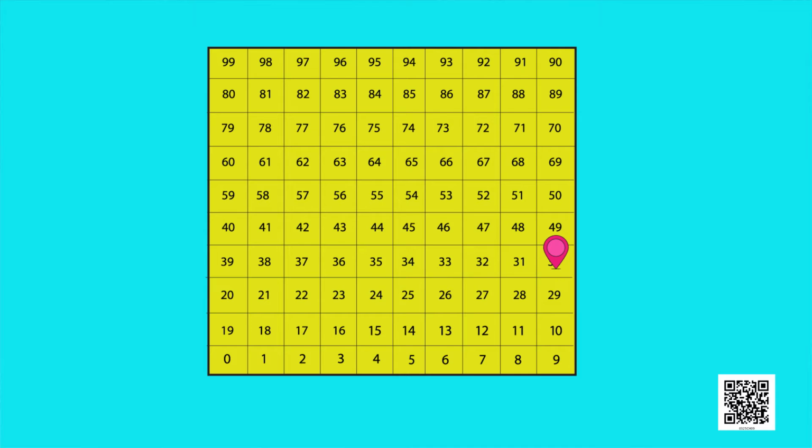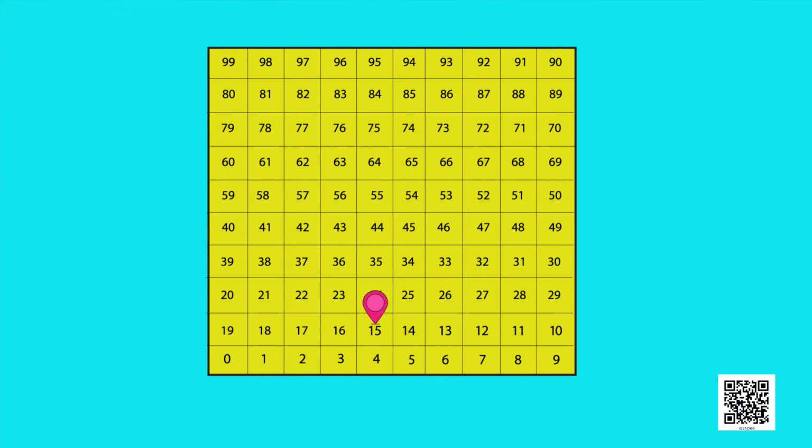Now let's do skip counting by 3 on the same number grid in the same manner. Now we have to leave 2 numbers and jump on to the third number. At present we are on 0. So leaving 1 and 2, the first jump will be on 3. Next will be on 6. Then on 9. And the same way next will be on number 12.